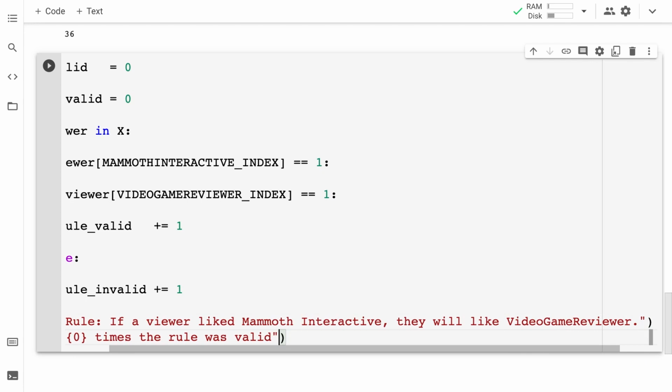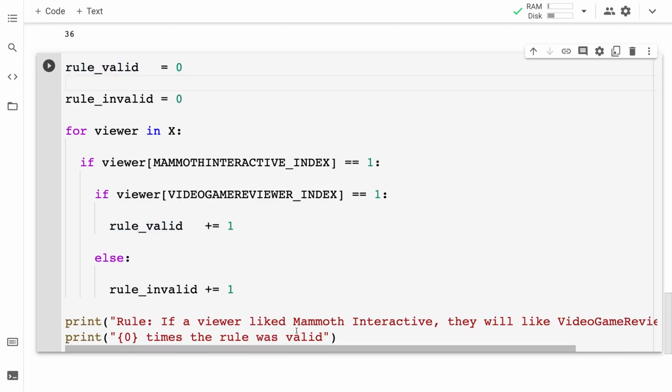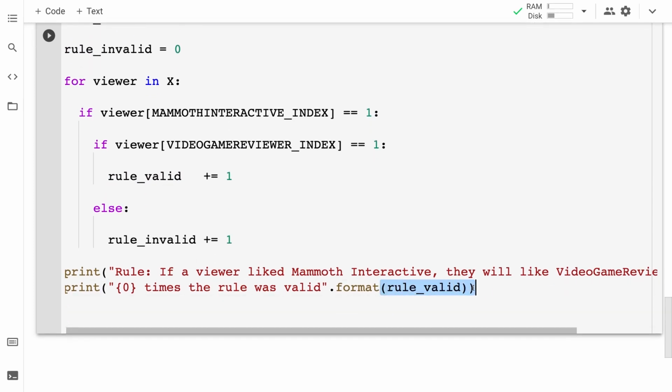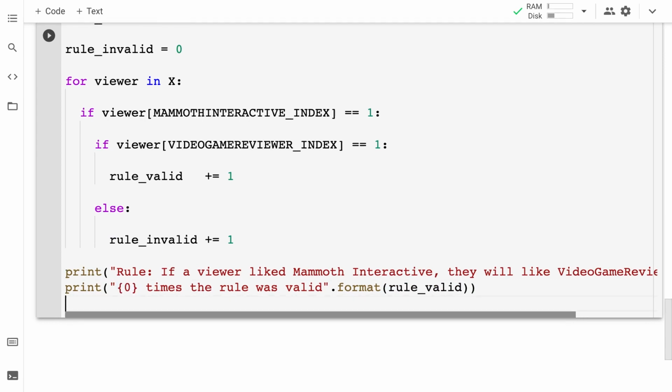All right, that is our rule. And then we're going to print out the number of times the rule was valid. That is stored in the rule valid variable. So you can just use the format function to format the string, and that's going to inject the variable rule valid into the 0 surrounded by curly brackets. And I'm going to do the same for the number of times the rule was invalid. Again, I'm going to take that string and format it with rule invalid.